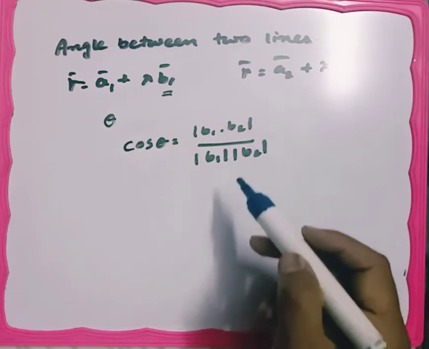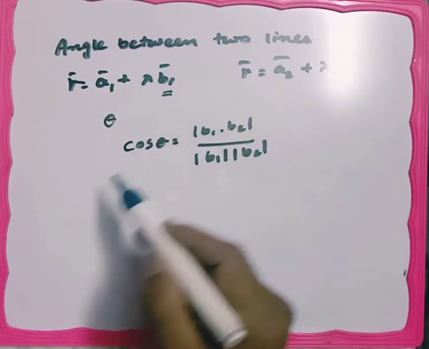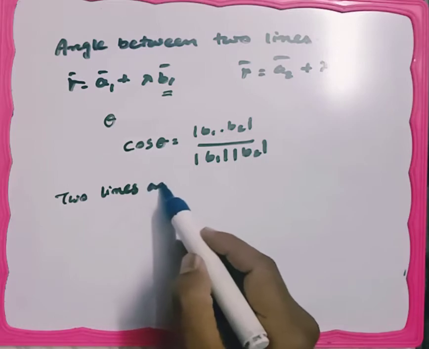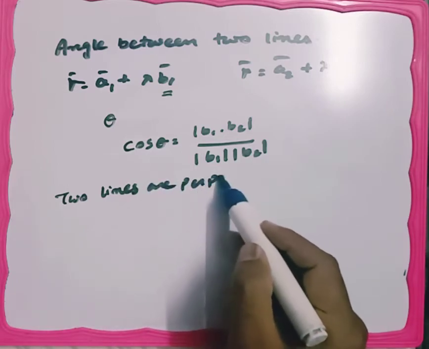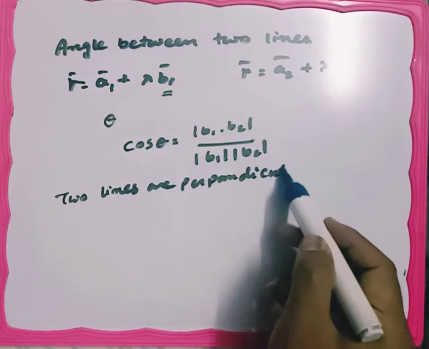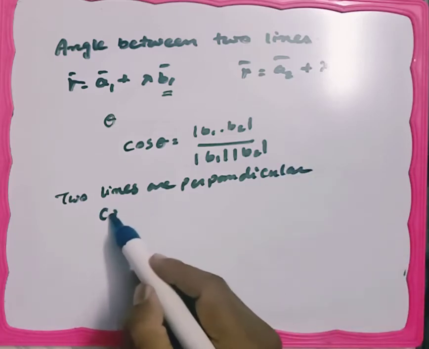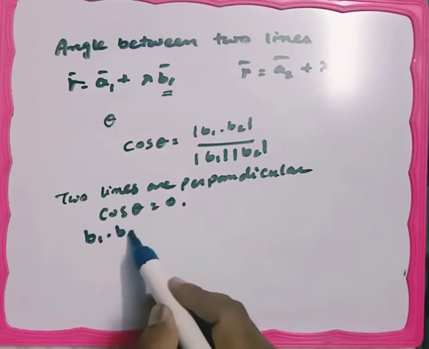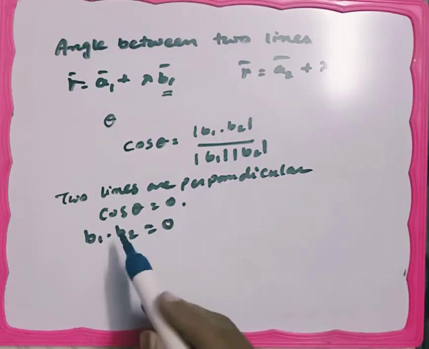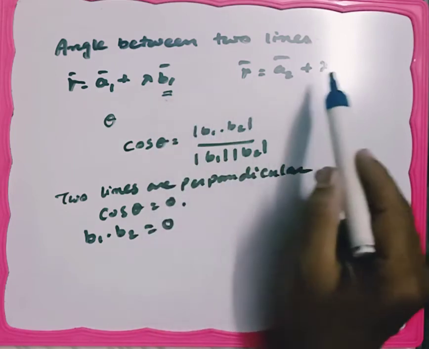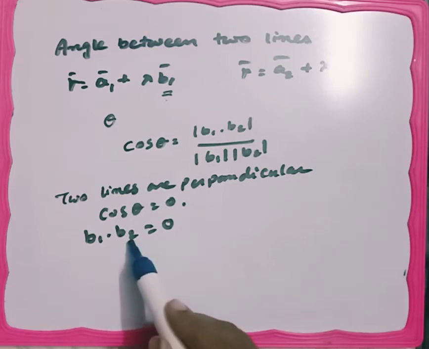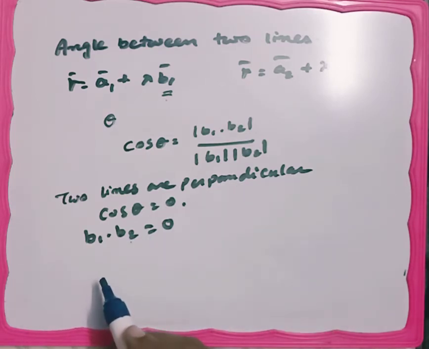So now when two lines are perpendicular, cos theta equals 0, which means b1 dot b2 equals 0. So whenever the dot product of two vectors becomes 0, we say that the two vectors are perpendicular to each other. And if